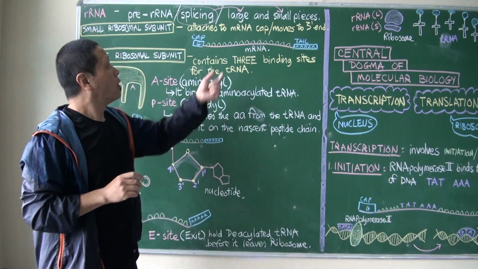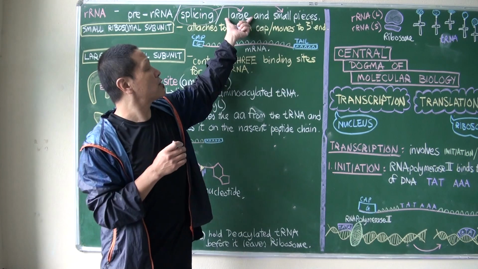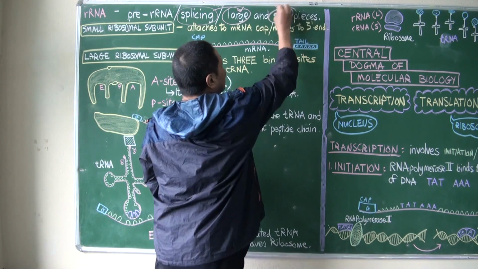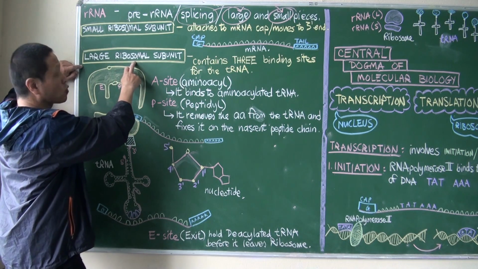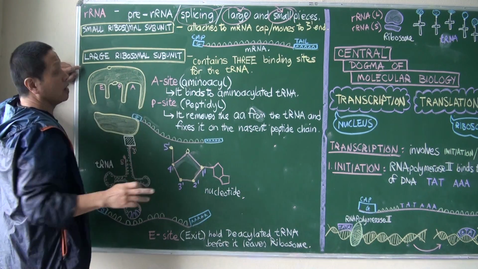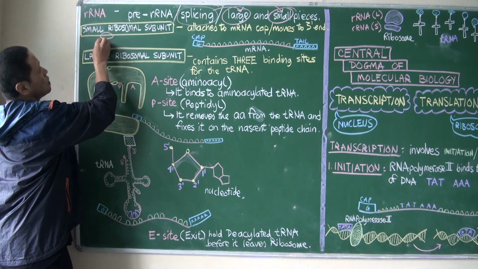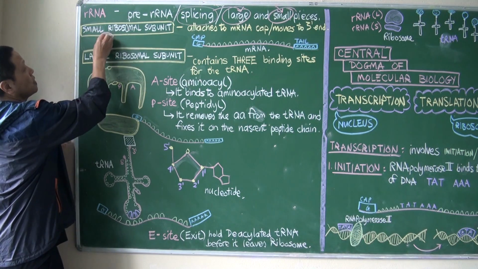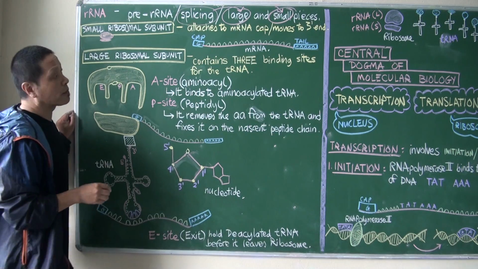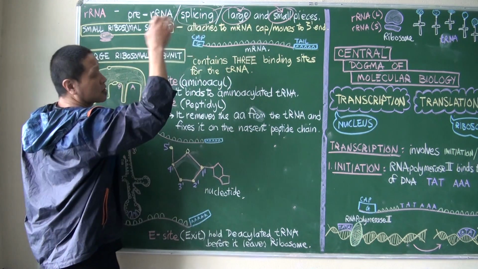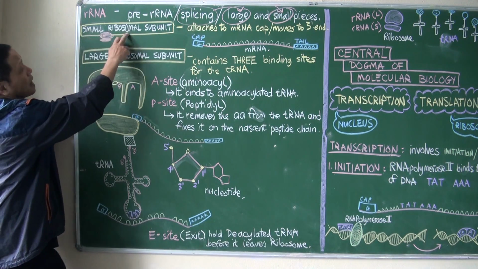So this is very important. When it is broken apart, when it's spliced up, it forms one large part and a small part. This large part eventually forms the large ribosomal subunit. So look at the structure of the ribosome. It contains two subunits, a large one and a small one. The large ribosomal subunit is formed by the large spliced portions, and the small pieces form the small ribosomal